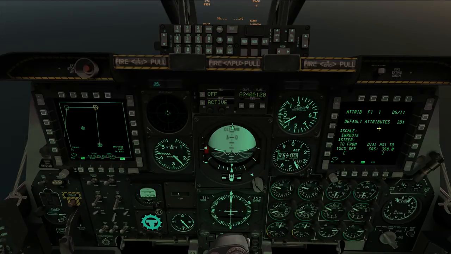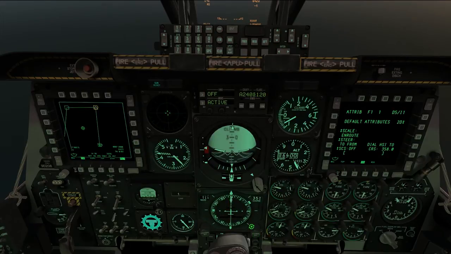The information says dial HSI to 358.0. That's basically saying that when we're on this course between 0 and 1, in order to get our course indicator aligned, we should dial in 358 to the HSI,